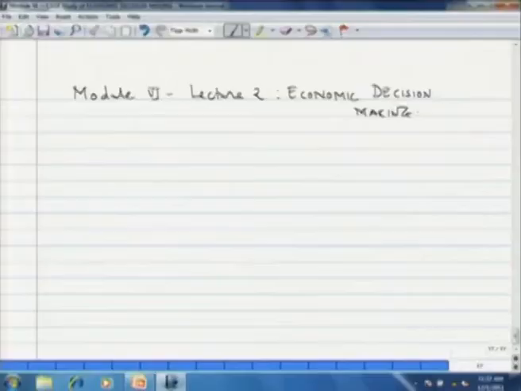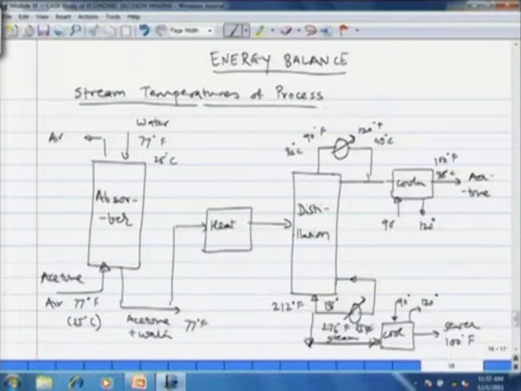Now, let us see the stream temperatures of the process. We are looking at a process where we do not recycle water. Now, absorber is essentially an isothermal unit. We are looking at very dilute stream of waste gas containing only 10.3 moles per hour of acetone. So, the temperature does not change much. We are absorbing that acetone in 1943 moles per hour of water. So, the quantity of water is quite high.